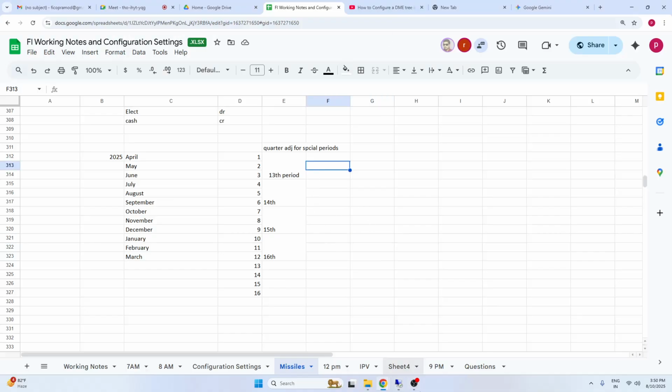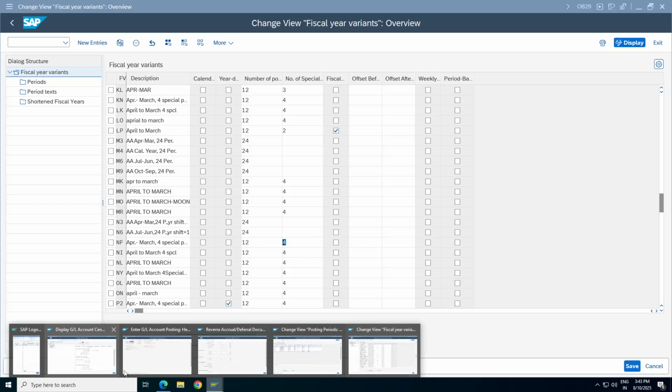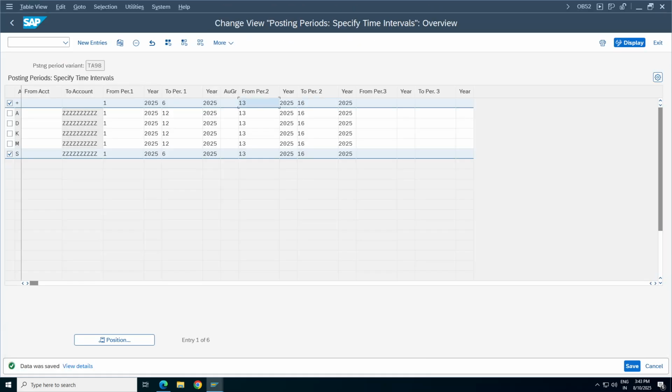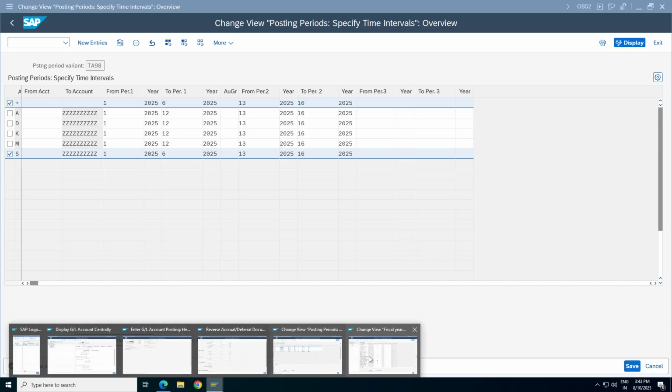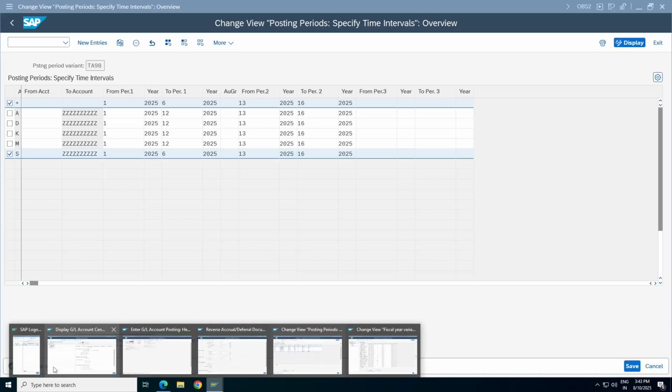Because, why? I'll explain you. Let us post the transaction, you'll understand. Have you posted? So 13th to 16th. So as of now, we are adjusting for the third quarter period, 15th, I mean December period. December comes under third quarter. So third quarter, I'm posting the transaction. I've already opened this one. 13 to 16, 15th is already open between 13 to 16. The financial adjustment is 2025 only. We are making adjustment for the 2025 financial year only, right?